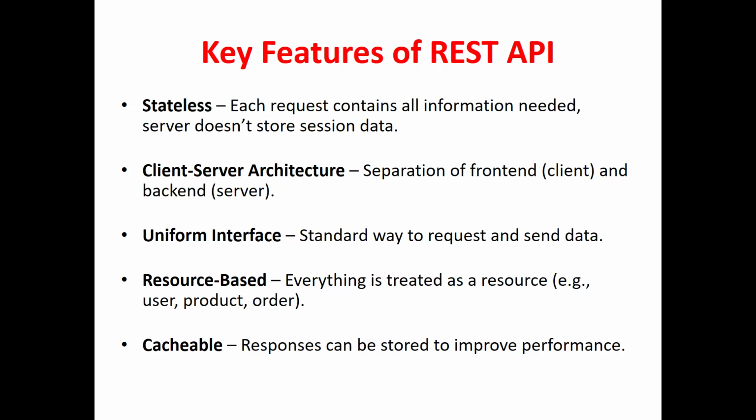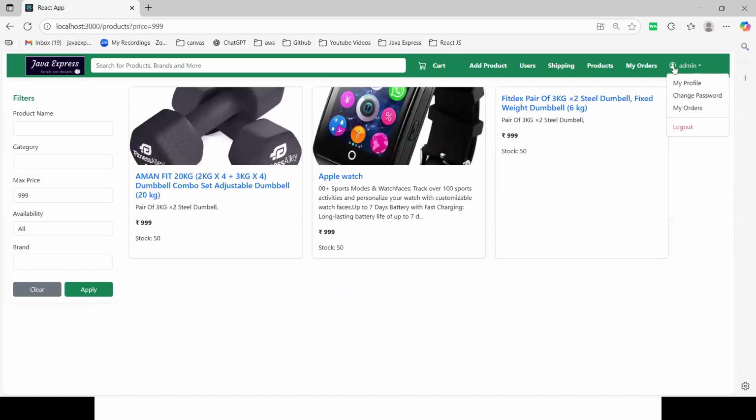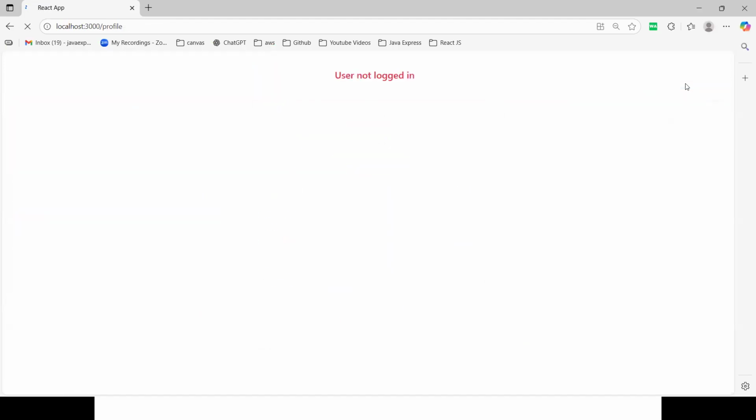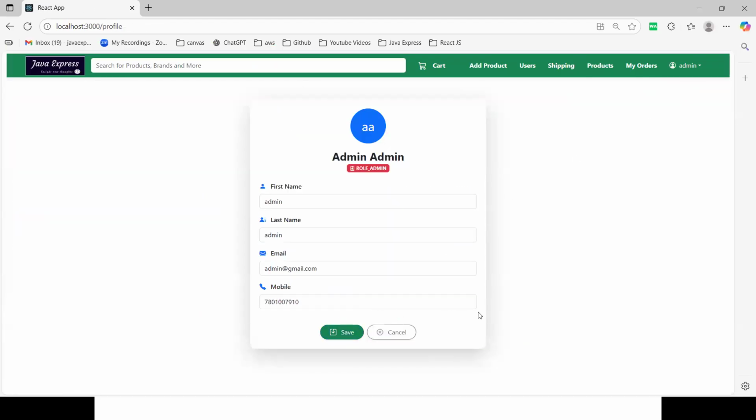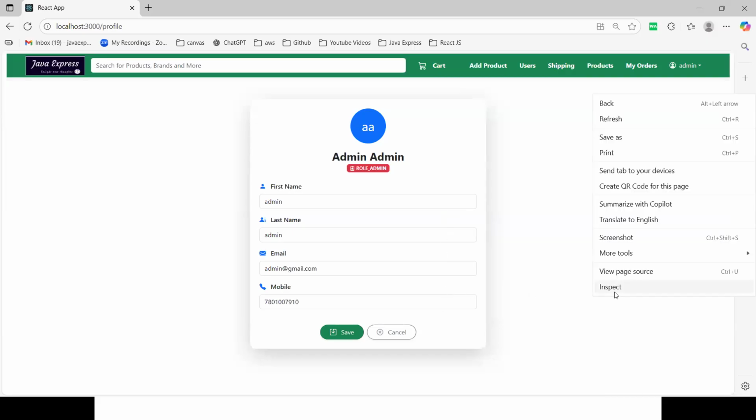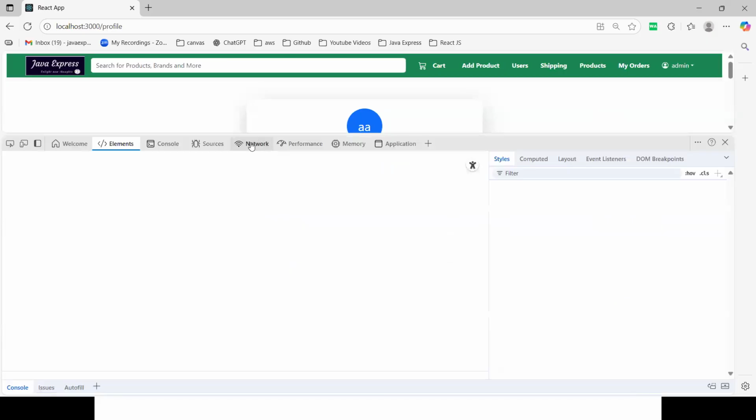There is a uniform interface, and everyone should follow the same pattern here. That is about your HTTP methods here. What does it mean? If you go to any website, if you go to my profile and edit a profile, whenever you edit something, it should be an update operation, one of the methods we will use in the backend.